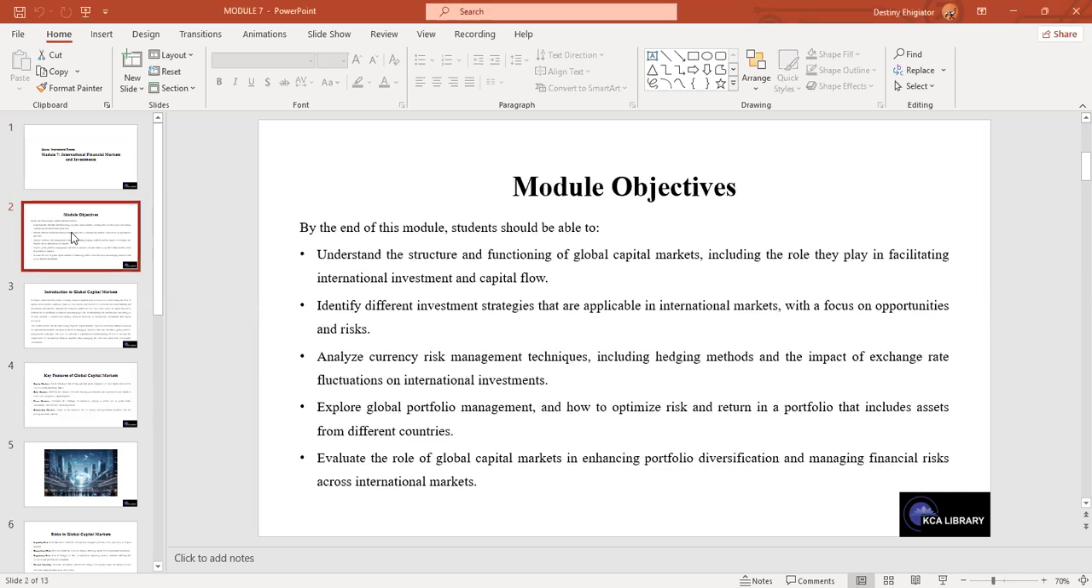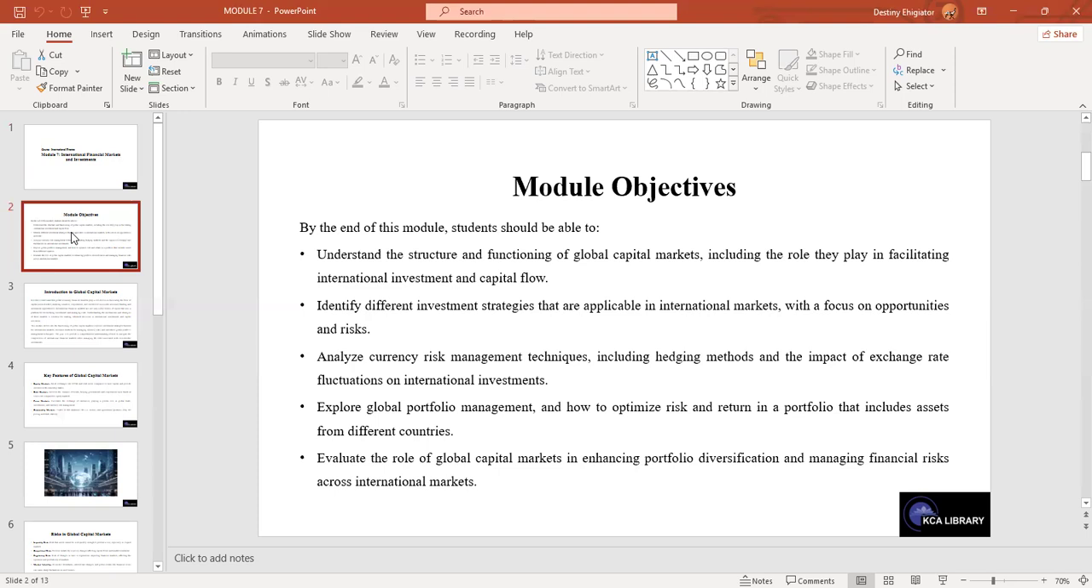By way of module objectives, by the end of this module, students should be able to understand the structure and functioning of global capital markets, including the role they play in facilitating international investments and capital flow. Students should also be able to identify different investment strategies that are applicable in international markets with a focus on